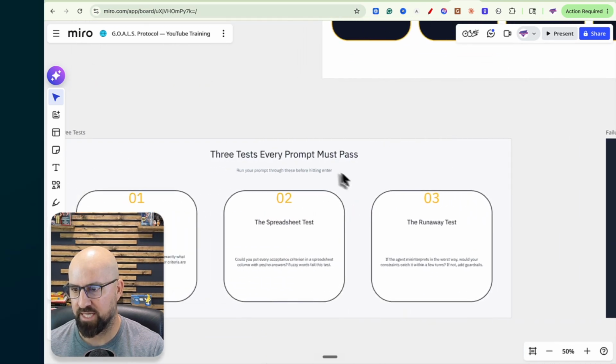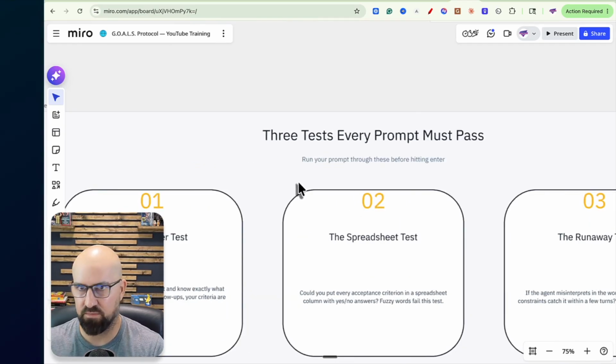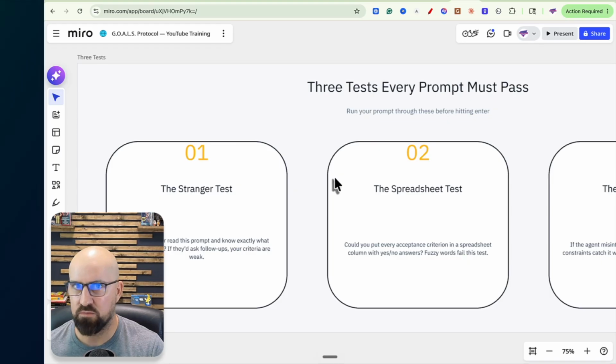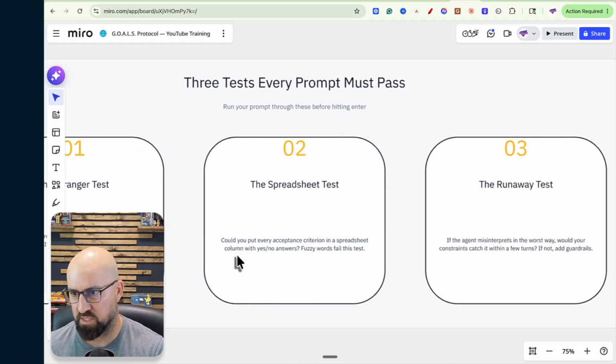Here are 3 tests that every prompt must pass. I'm going to give you a prompt outline so you can do this, but here are the tests to know: is my prompt good? Is it going to be a good goal prompt? The stranger test: could a stranger read this prompt and know exactly what done looks like? If they ask follow-ups, your criteria is weak. If they don't understand it,